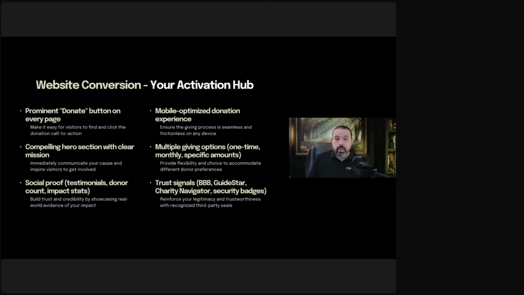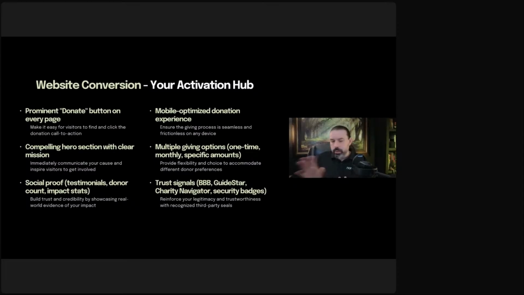Multiple giving options. You want to give people one-time, monthly, specific amounts, and allow for open giving. There are a lot of folks that have multiple ways of giving, like you could give by Cash App, you can give by PayPal. I really discourage doing too many of those. I really encourage you to have one main track with maybe 1 or 2 other options. Otherwise, people won't give. They'll just get stuck in that choice, when we get frozen by not knowing what choice to make, and then we put it off for later and we don't do it. So if you just have a clear way, I recommend having the credit card path. Just move them through. Everybody's got that.